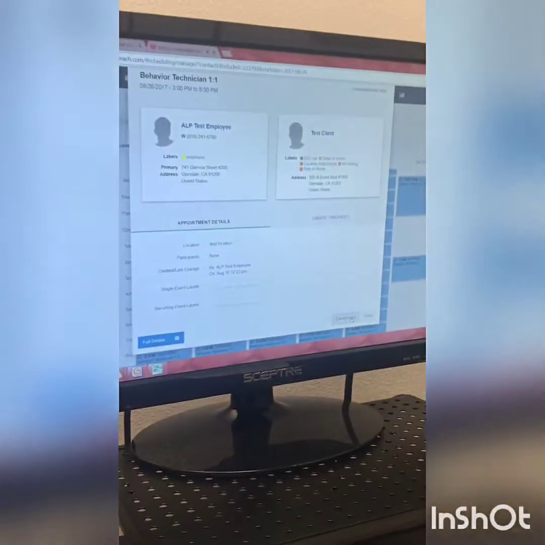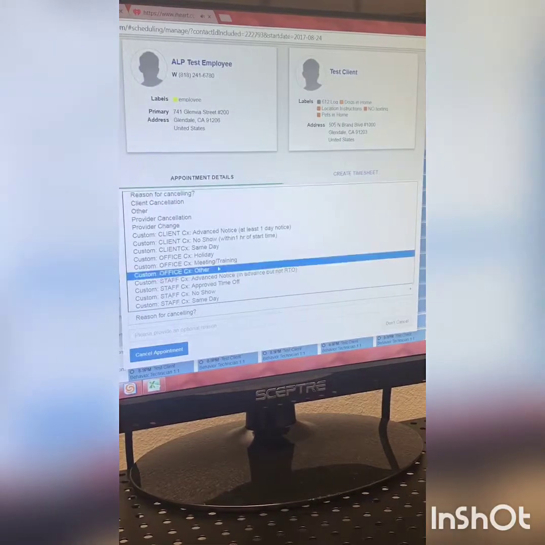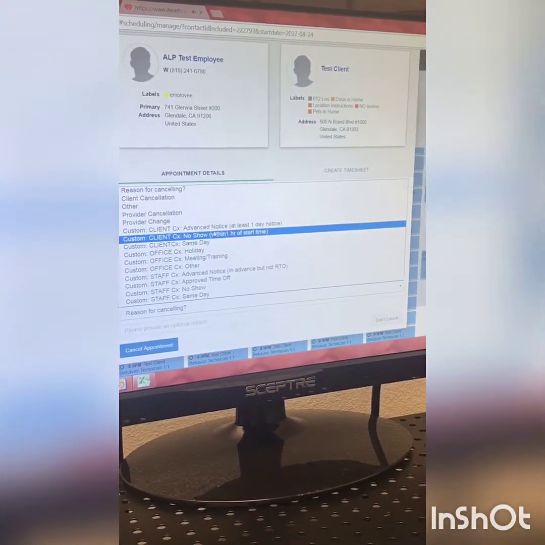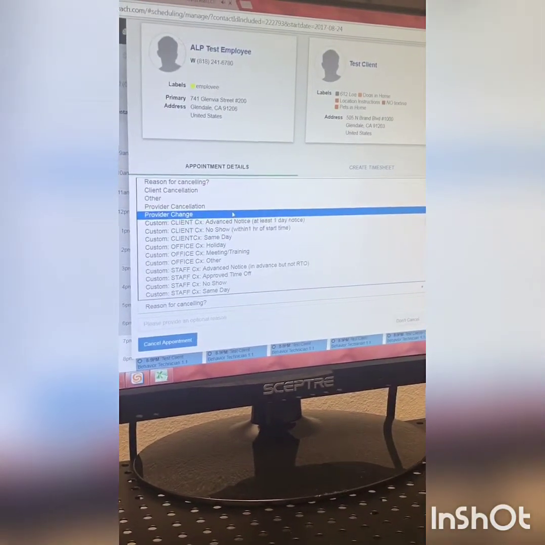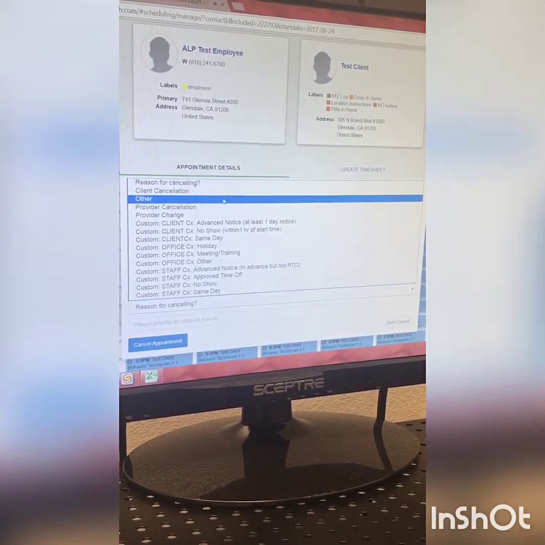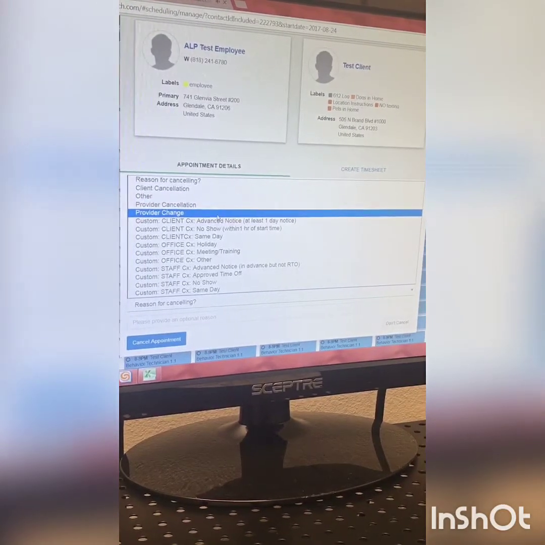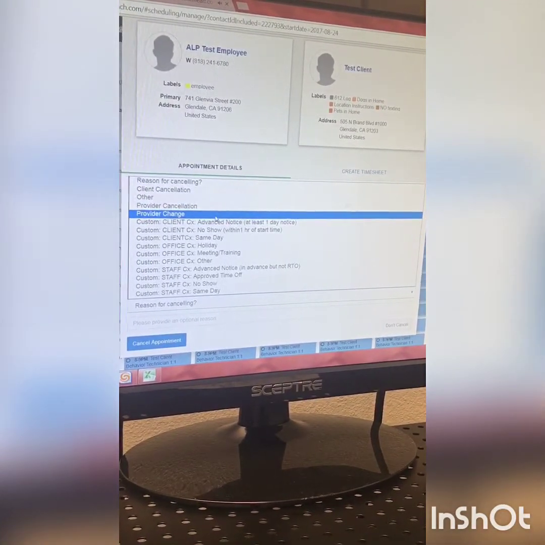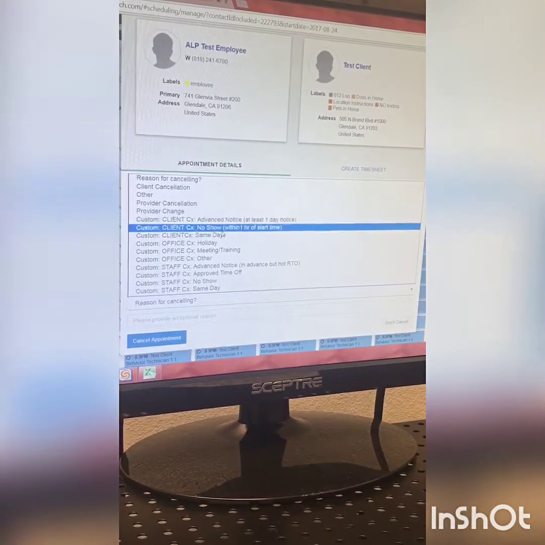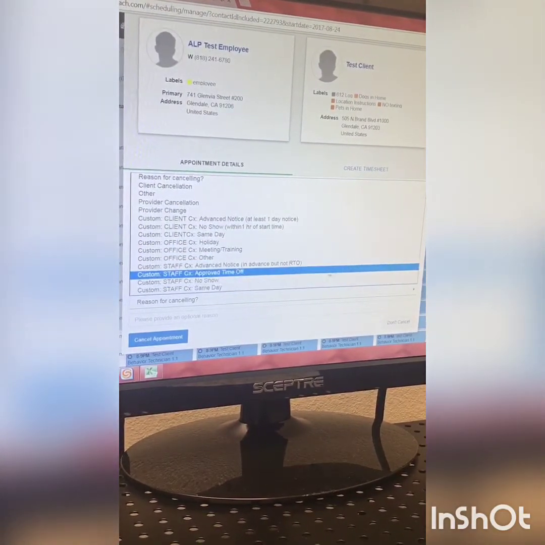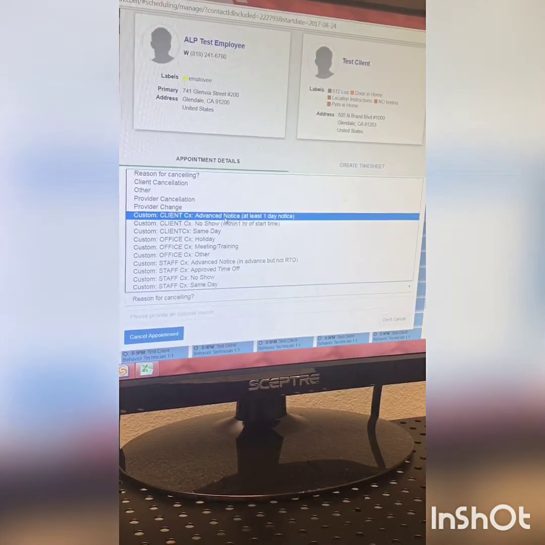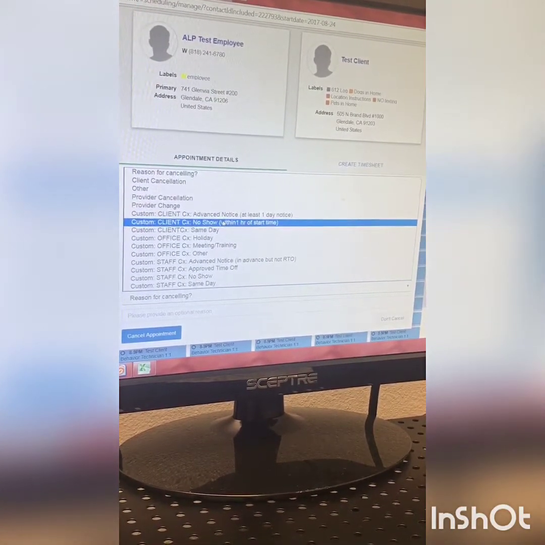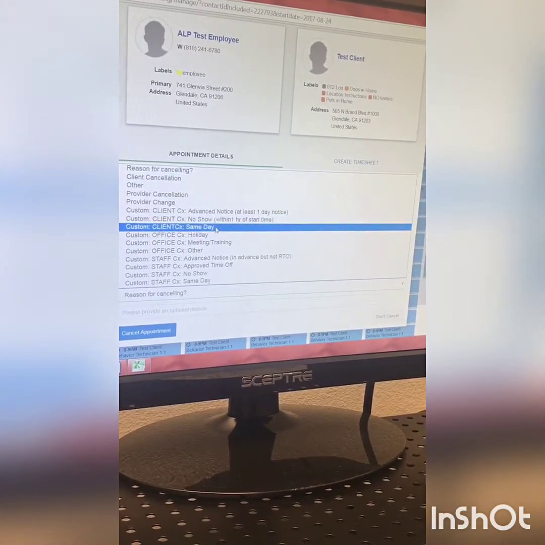You're going to go ahead and go to cancel event and go to reason for canceling. This is really important, selecting the appropriate reason for canceling. You should not be using any of these: client cancellation, other, provider cancellation, or provider change. We did send an email about that in the past. We need to be sure that we're getting more specifics in regards to what the cancellation type was. So you should only really be using client cancellation advance notice, client cancellation no-show, client cancellation same day,